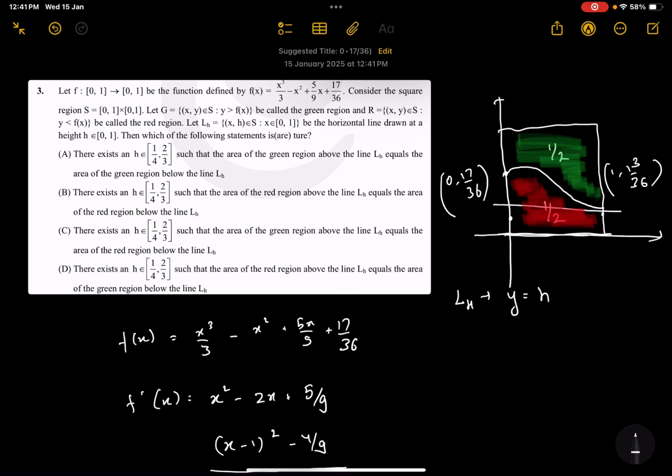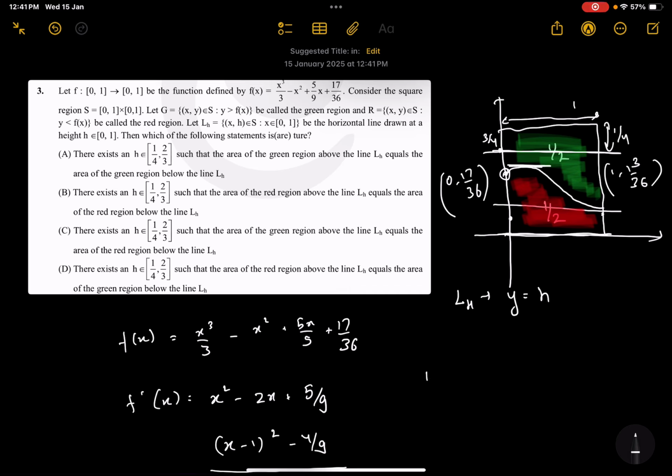So for the line L_h to bisect the green area, we'll need the area above the line to be 1 by 4. As this is 1, this needs to be 1 by 4, which means this coordinate would be 3 by 4, and as it is greater than this point, we need to find the value of the function f(x) at the point 1 by 3,